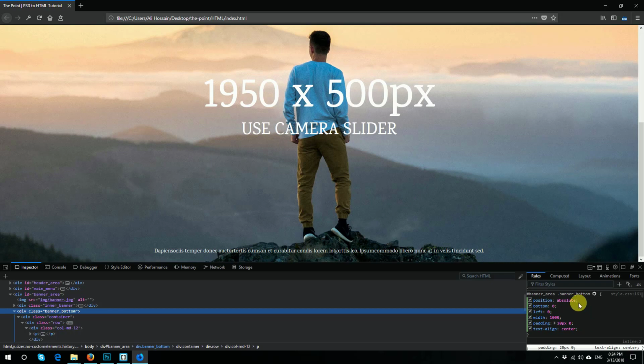Sorry, I need to copy this and paste it here, and then I will do after. Background will be black, position absolute, content, left 0, top 0, width will be 100%, height will be 100%,